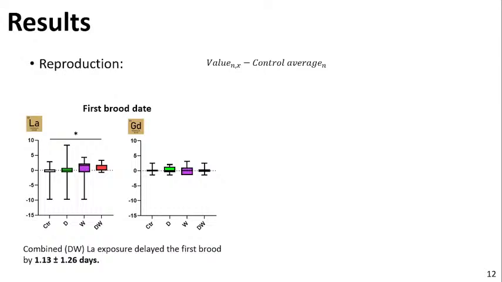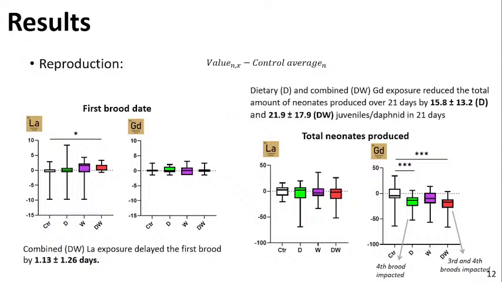So we saw that, always according to the respective control, gadolinium did not seem to affect the reproduction according to this endpoint. However, lanthanum, for the combined exposure, so the dietary and waterborne exposure, seemed to delay this first brood date by approximately 1.13 days. So this was the case for the first brood date. But then we also had the total amount of babies, so the total amount of neonates produced after 21 days. And there the results were really interesting because we saw that lanthanum did not seem to affect this endpoint. However, gadolinium was reducing the amount of neonates produced per Daphnia,